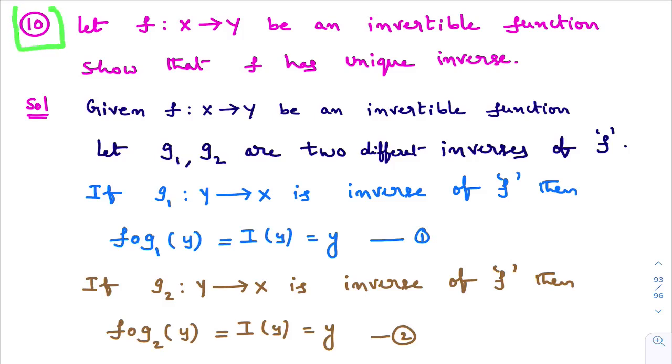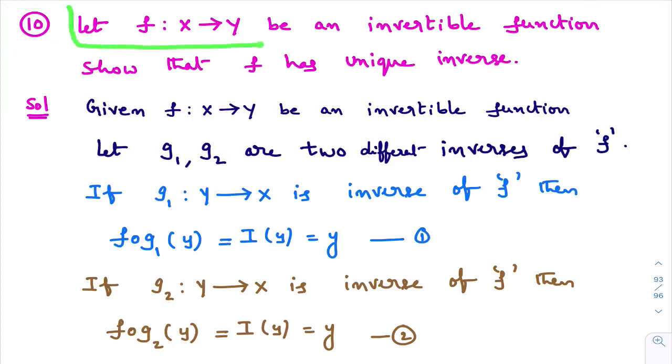You observe this question number 10. Whatever we will learn in this class will be a little confusing. In case you do not know the definition of the inverse of a function, there is a chance you will definitely get confused. However, I will recall the necessary points. Please try to understand this.